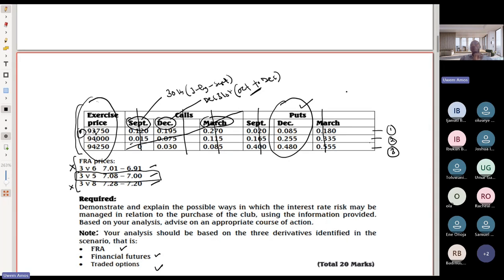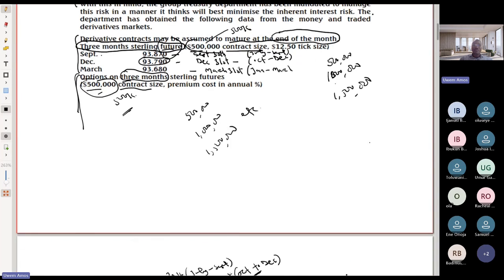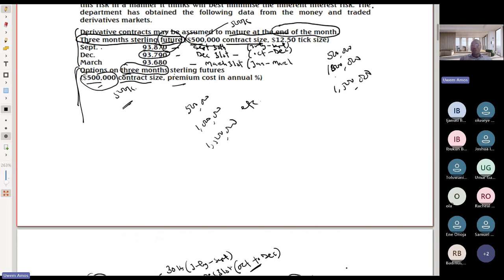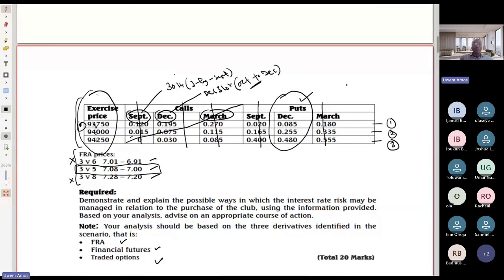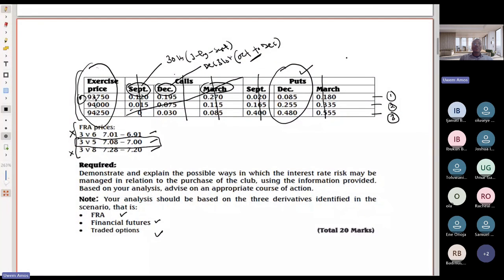He needs to select one out of the 3. So we need to determine which of these 3 would be most appropriate for Mr. Big Hat. Okay. So premium cost in annual percentage. Let's determine which of them will be most appropriate. So the prices are 93.75, 94, and then 94.25. Now those values, just like in our futures, are called the market reference rate. We explained that in our first class. So if you want to convert these values to percentage,